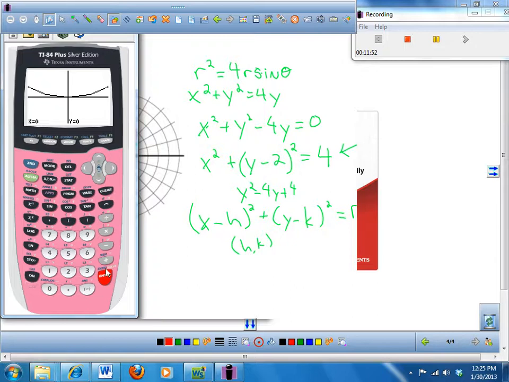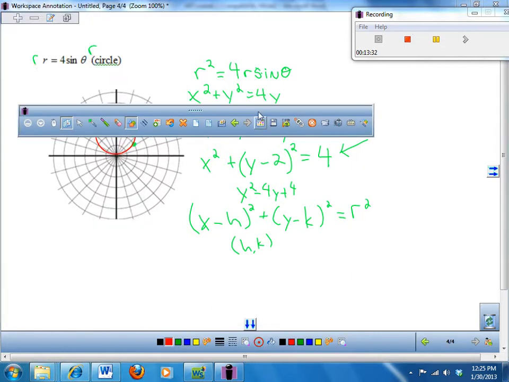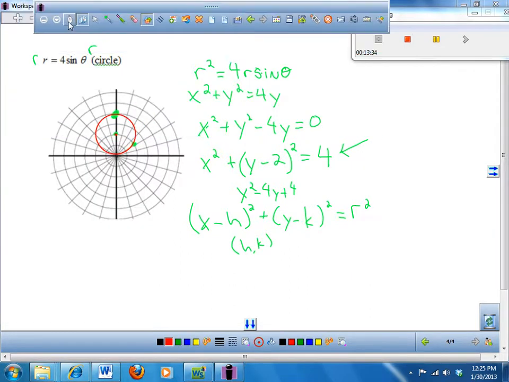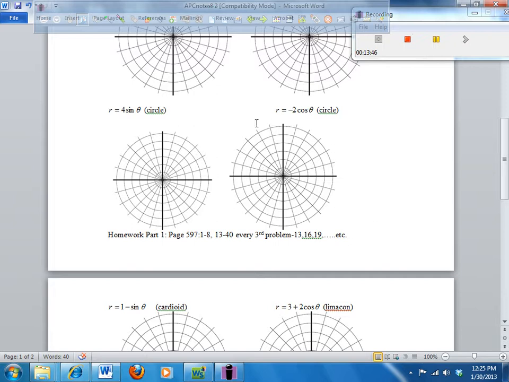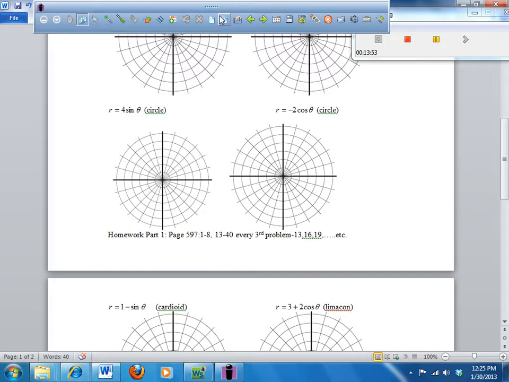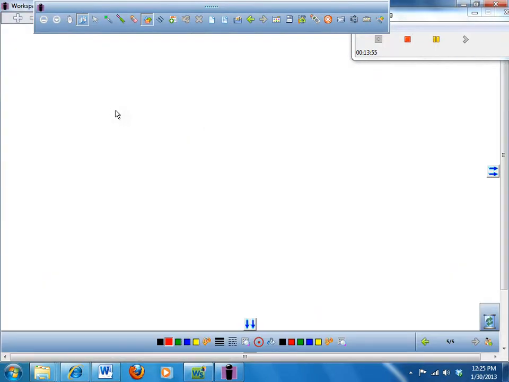Okay, so anyway, one more type of problem that you're going to see in tonight's homework is going to be this one. I think you can handle it. It's just like this one, except it's going to be centered on the x-axis, probably over here somewhere. And we'll talk a little bit more about the general forms of these. But the other type of thing that you're going to see, and this one isn't on your handout, is something of the form